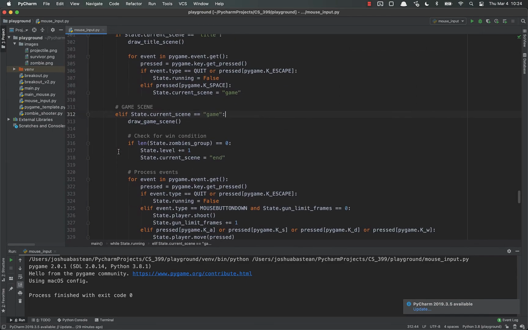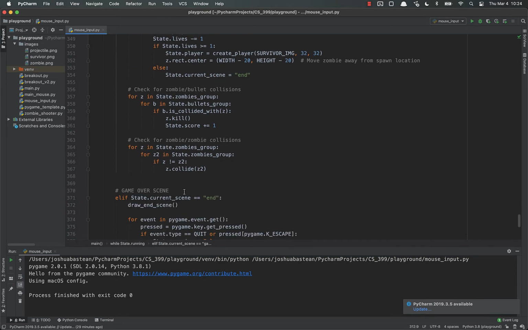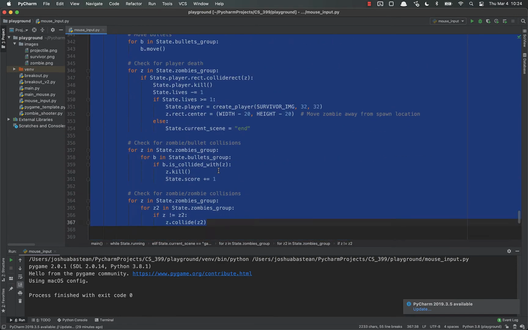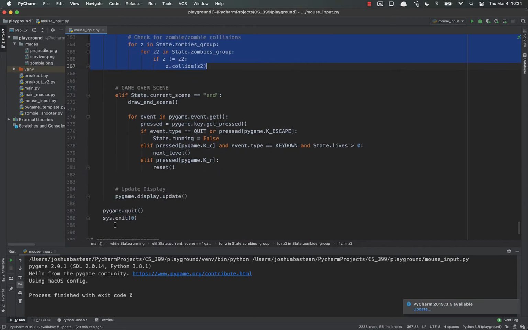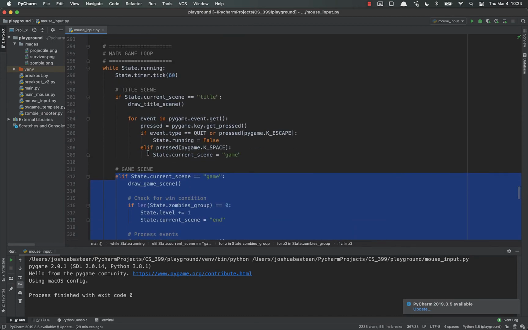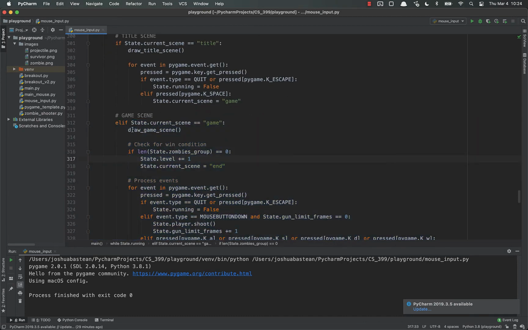So now every frame, this code is running. All of this is running. And then after it's done, it skips over that, updates the display, jumps back up to the top, ticks the timer, skips over that, runs all this again, so on and so forth. So the first thing we're doing is we're going to draw the game scene, and that's just drawing it on